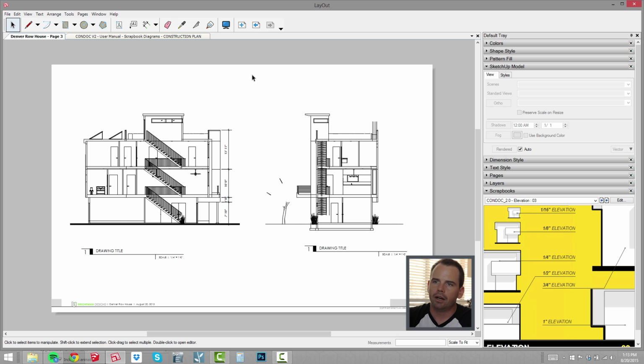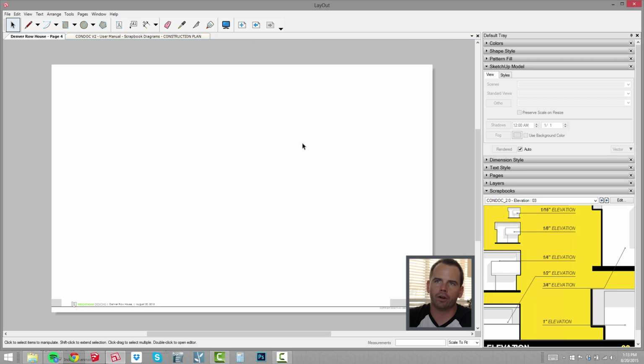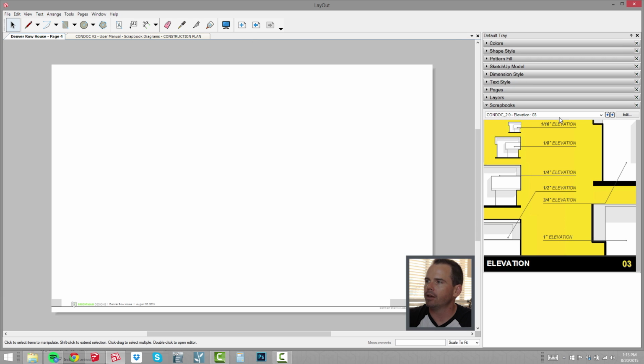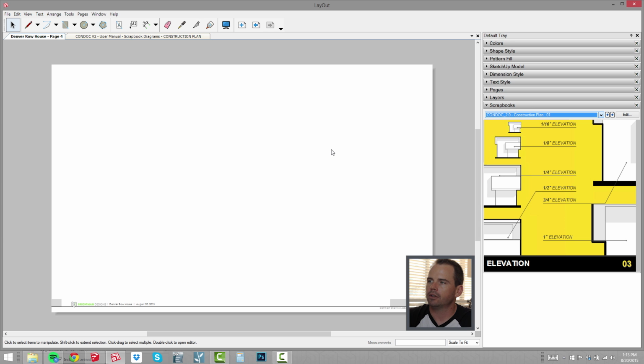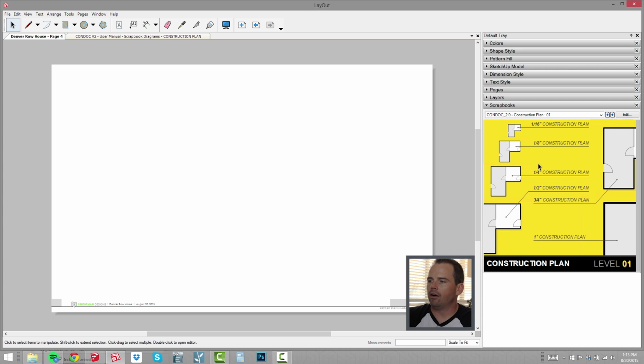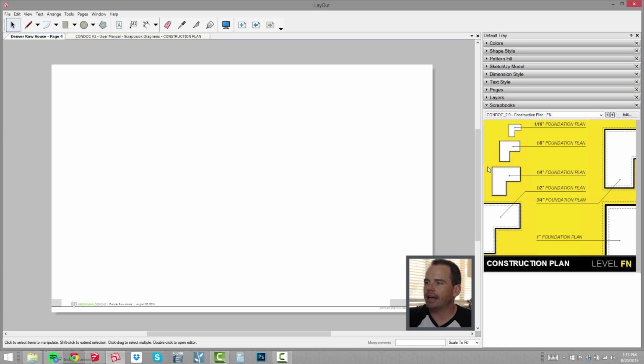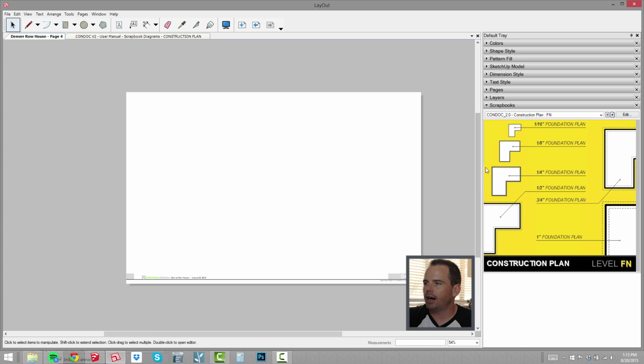Now in layout, we're just going to add a new sheet, and we're going to drop in our construction plan. So I'll go over to our construction plan scrapbook. This is probably the most important scrapbook, because if I go back a level, it starts at level 1 by default. I can go back to basement, and then back again to foundation. So if I want to add a 1/4 inch foundation plan,